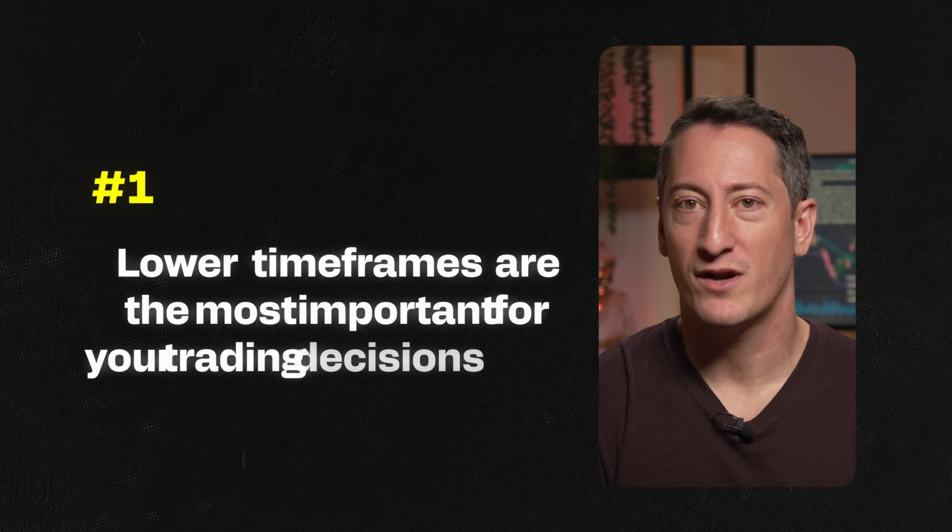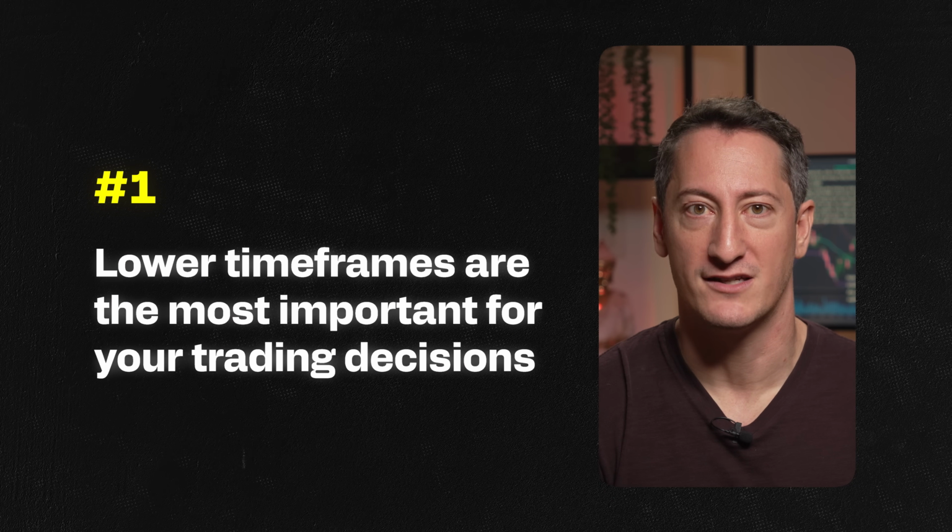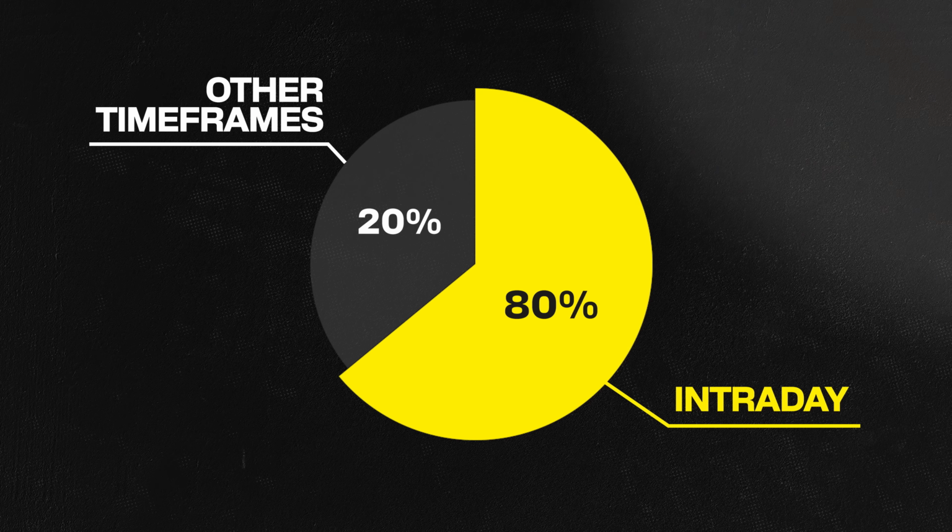The first is that the lower timeframes are the most important for your trading decisions. If you are an intraday trader, the intraday chart will always be more important than the daily chart. If I had to approximate it, for my intraday trades, the intraday chart gets an 80% weighting for my decisions. Even if the daily chart is screaming short, if the stock is steadily grinding on the intraday chart, I will almost never fight that. Similarly, if a chart has a mediocre daily chart, but an amazing intraday chart, I will still likely take the trade. That is because the lower time frame wins in importance. It speaks more to the price action in this specific moment in time.